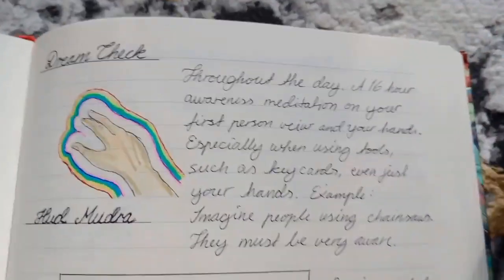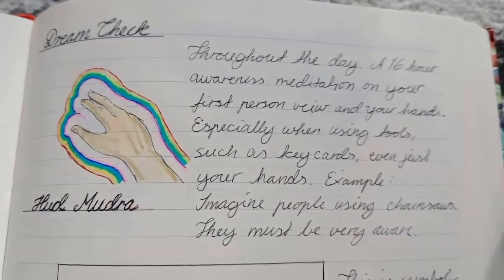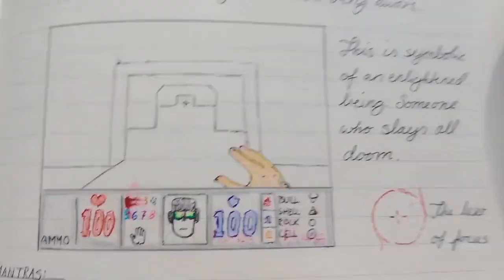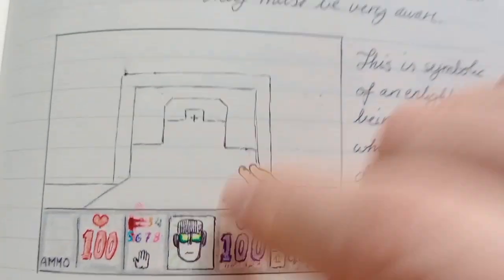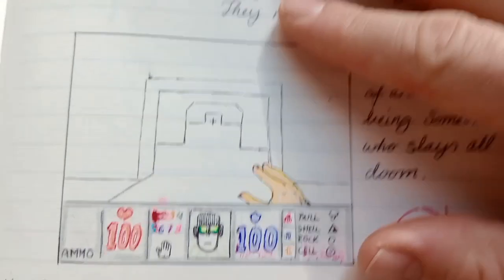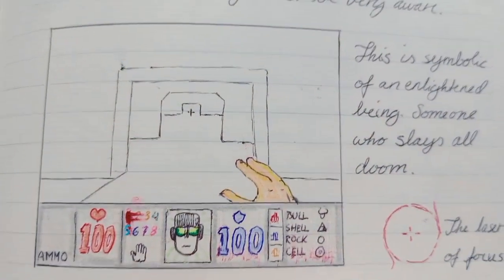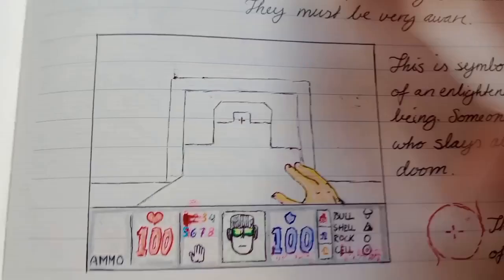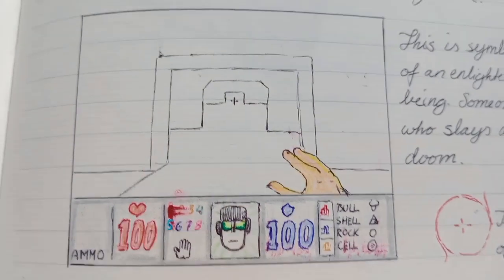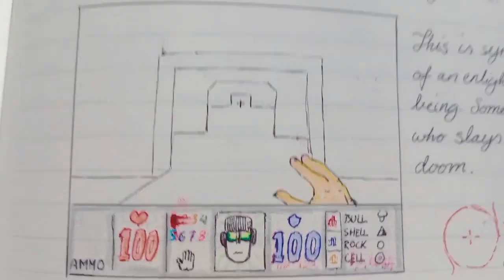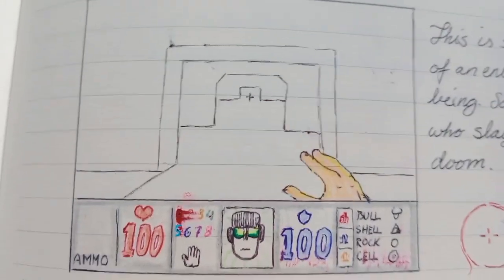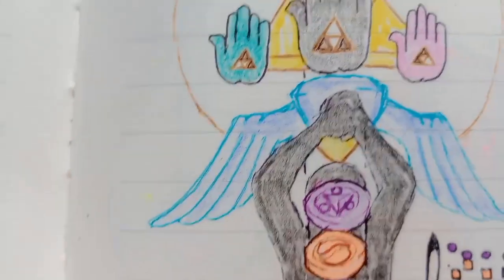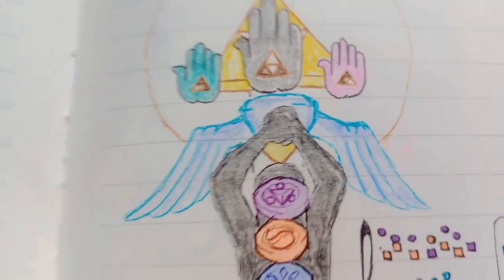So this is a super potent teaching on dream checking and HUD Mudra, and I'm explaining it to you. There's a ton of things here with tons of meanings. I've just barely scratched the surface. It even has music, very, very well-known jingles and sounds and all kinds of things here. So it's very interesting. Think of all the things you can do with your hands, right?